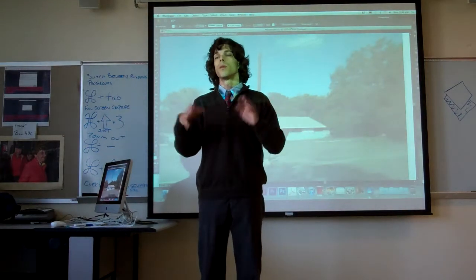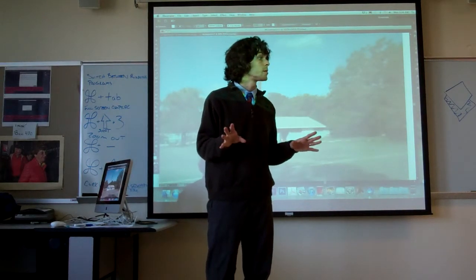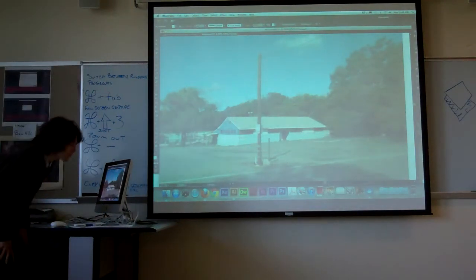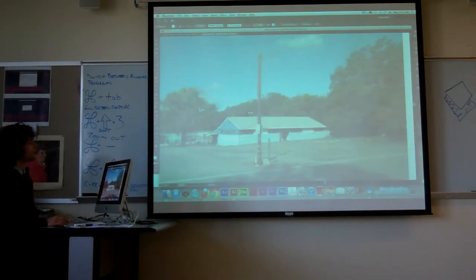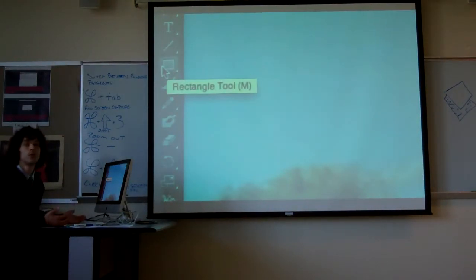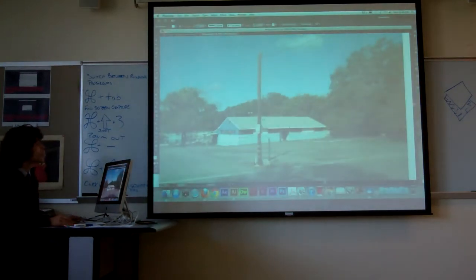So what I'm going to show you is how to draw these rectangles that will be the paths that we build our image off of. So we have our image locked so that nothing weird is going to happen. And I'm going to use the rectangle tool. The rectangle tool is right here in our toolbox, letter M. And what I'm going to do is